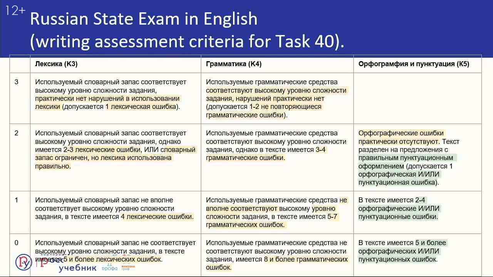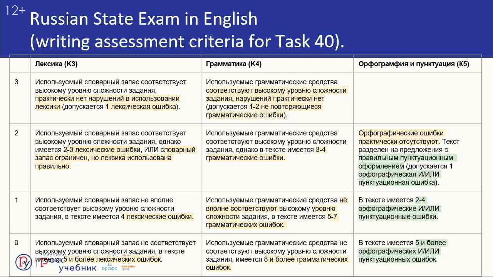You might not even want to highlight "практически нет нарушений в использовании лексики" because it's a bit vague. What does it mean? Практически, almost. It might not actually be that useful for you as a bit of information, right? What is important here is that only one mistake is allowed at this level, whereas at the